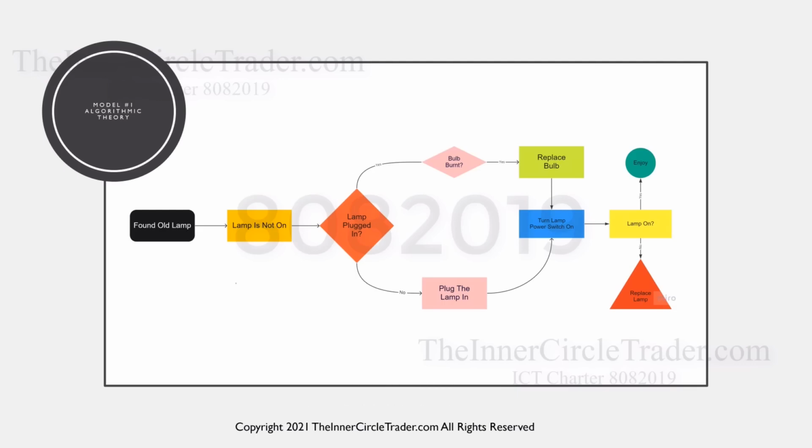Trading is just like that. You have to have a recipe, you have to have key ingredients. What ingredients are they? Well, they're going to be your specific PD arrays that you have grown to trust, that you have an affinity for, and you don't necessarily need everything else that's available to you in this mentorship.